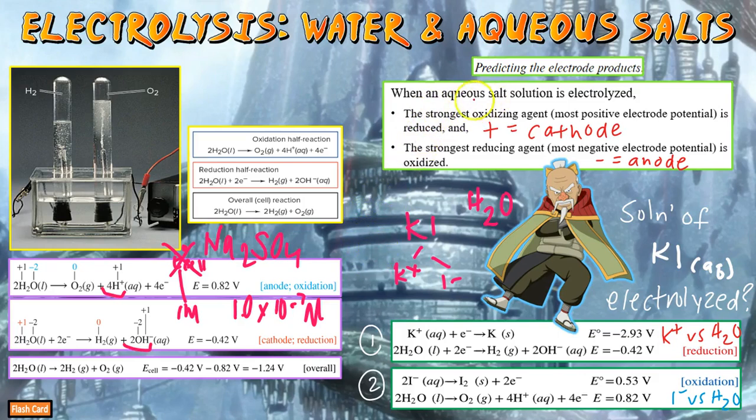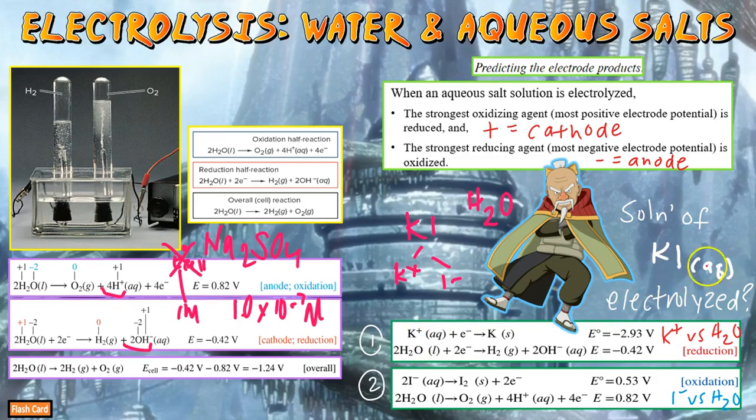So predicting electrode products is going to involve, again, comparing the electrode potentials or the potential half reactions for anything that's going to be reduced and anything that's going to be oxidized, or in other words, possible oxidizing agents and possible reducing agents. We find that when aqueous salt solutions are electrolyzed, the reduction is going to occur at the electrode with less negative or more positive potential, while oxidation is going to occur at the electrode with less positive or more negative potential. For example, in the electrolysis of a potassium iodide solution, so we have KI aqueous, and